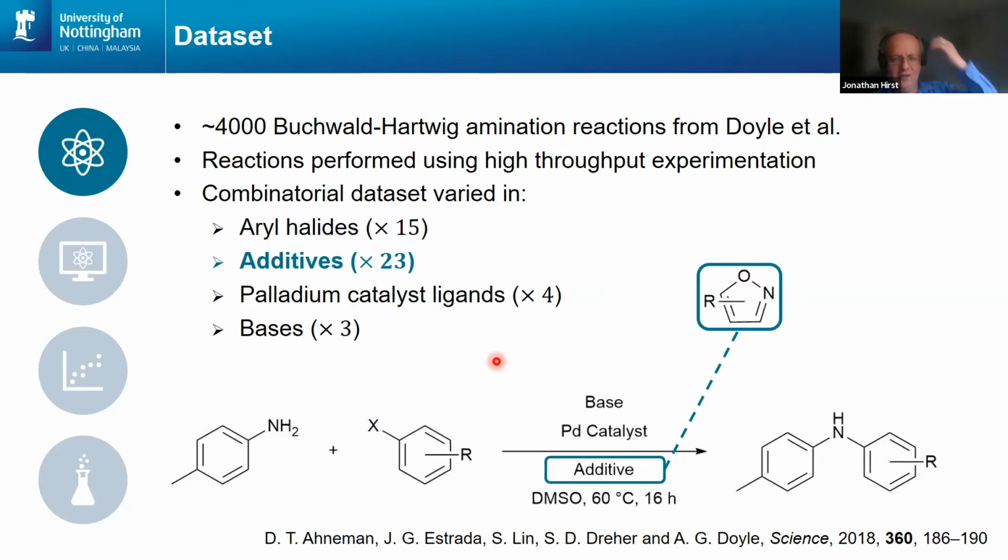Perhaps somewhat unusually, the reaction also features additives that might be inhibitory. So one of the key questions for this chemistry was, we want to use it in a drug discovery process. Many candidate molecules have this type of isoxazole moiety in them, which is interesting from a potency point of view, but might negatively impact this cross-coupling reaction. So there's a motivation to understand if one could predict the impact of this fragment, the presence of this fragment